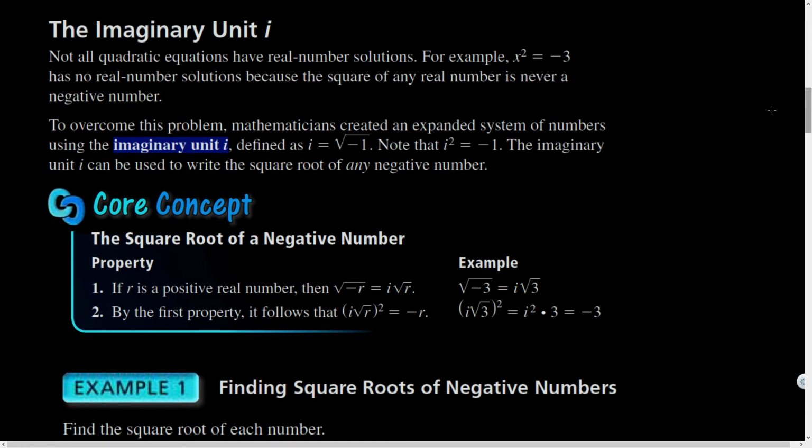All right, so here we go. Not all quadratic equations have real number solutions. Now, we haven't been solving all of these yet. We're actually going to look at those a little bit next unit, is my plan. However, if I asked you to solve x squared equals, let's actually even change it, -4, you could have thought, oh, I just have to root both sides, and there will be a positive and a negative for square roots.